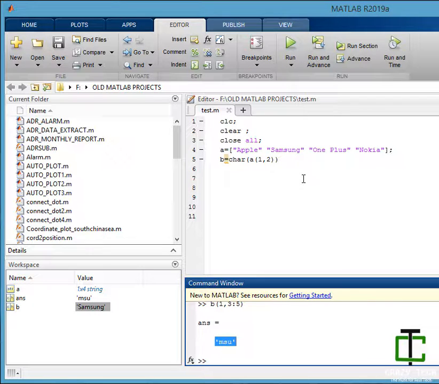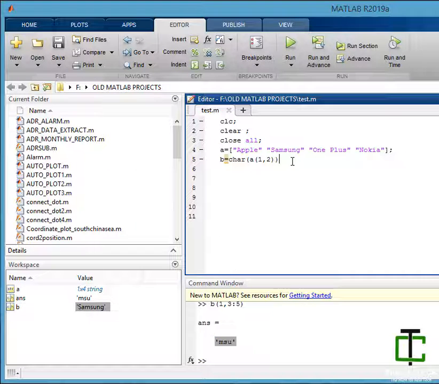MATLAB is itself a vast course, so I need you to focus on the specific contents only which are useful. So let's peek into the useful functions.